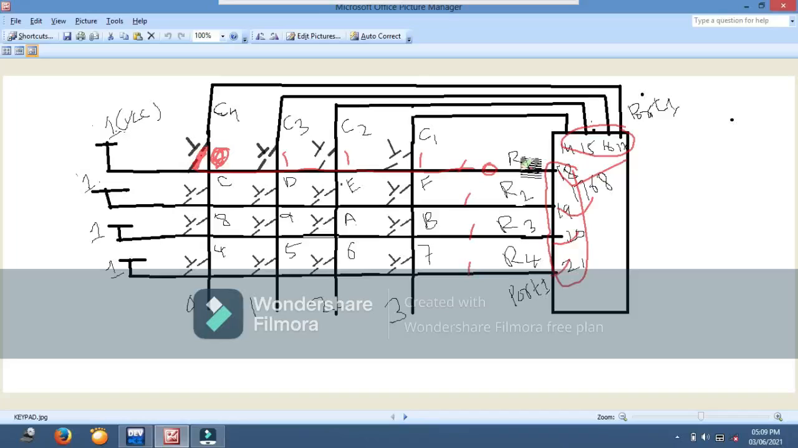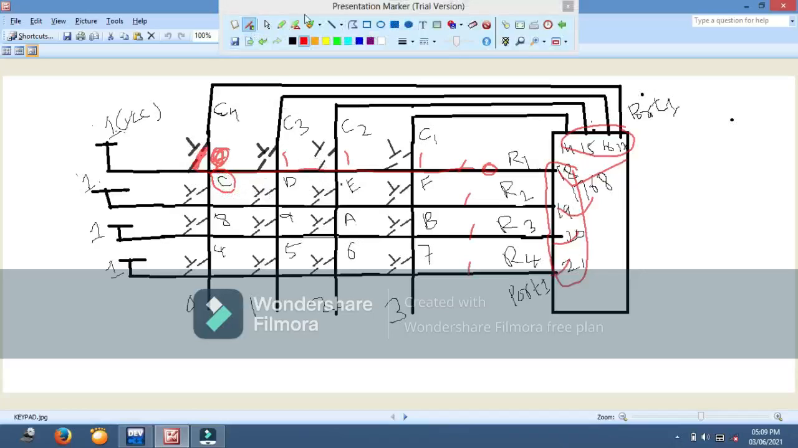When R1 becomes 0, what do you have to do? You have to display C on the LCD display, right? Okay. At the same time, when